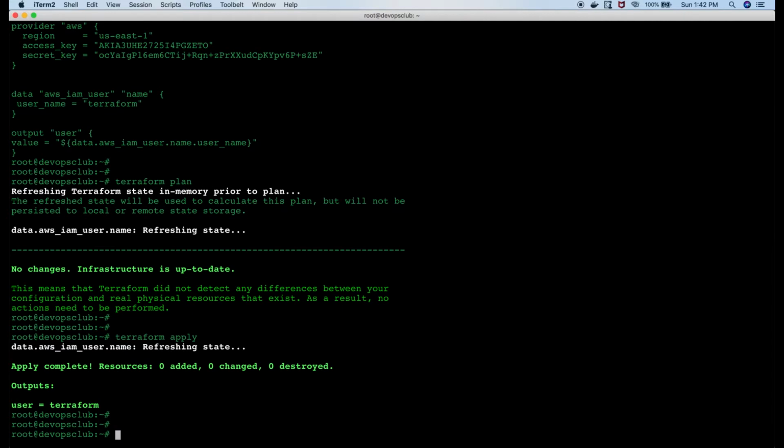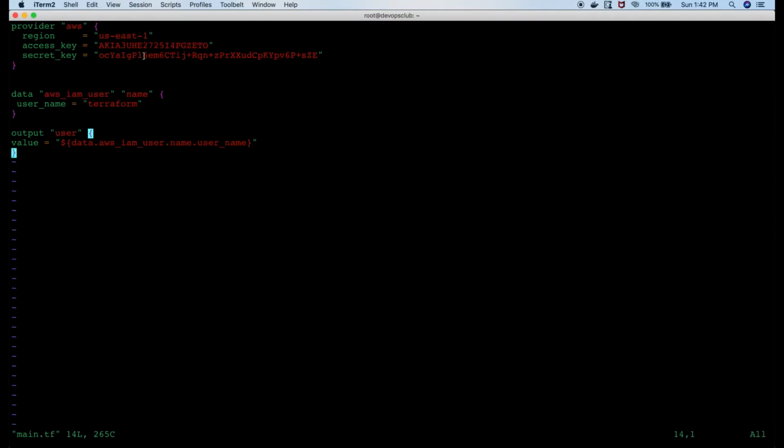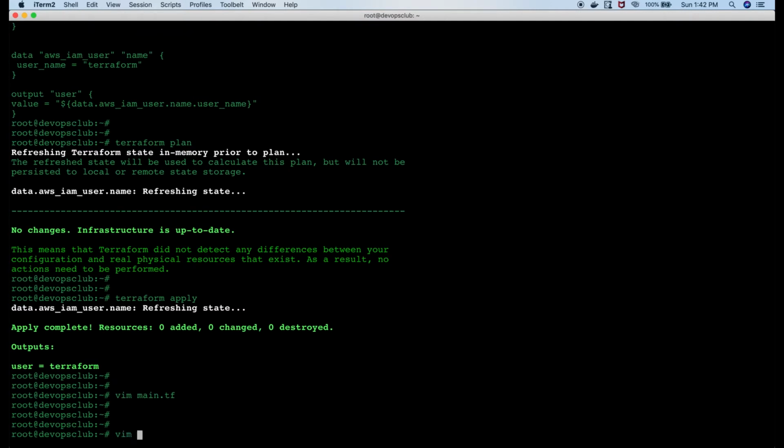All right. So the next thing which we are going to do here: right now we have hard coded the access key and secret key, right? So what if you upload this file to a Git repository, maybe GitHub? So this access key and secret key will be exposed, right? So how to avoid this? In order to avoid this, we create a new file called